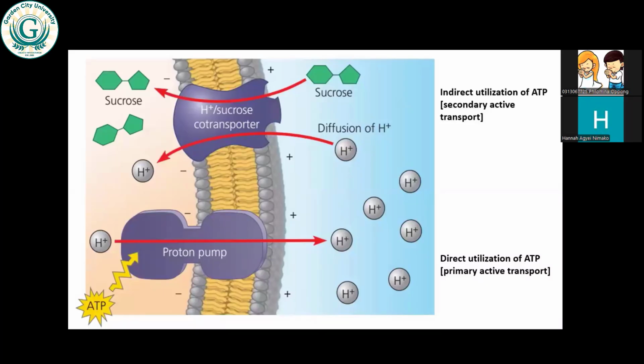So the energy will move it from inside the cells to outside the cells, and then it will also move one potassium ion from the outside of the cell into the cells to replace the hydrogen ions that have already been moved into the stomach lining, which causes the high acidic content of the stomach. So that is what we found in the hydrogen potassium pump.